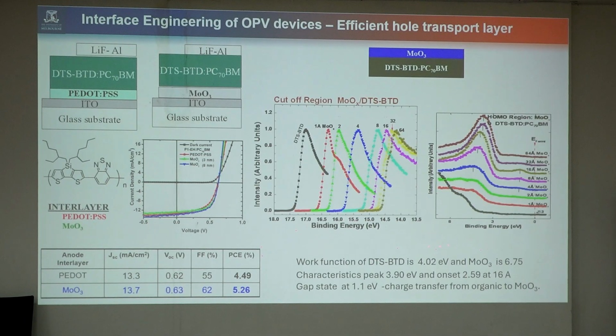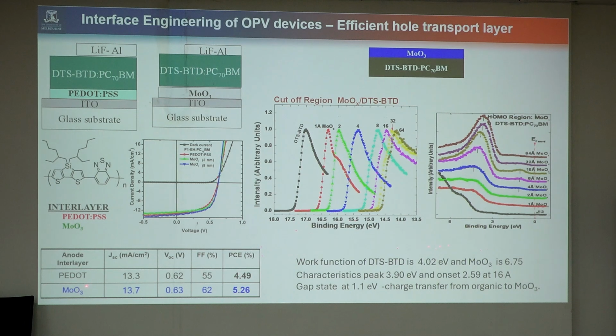Okay, this is another point. I'm just saying that when you use this type of metal oxide, what really happens? So PEDOT we know is the simple thing we do. When you use moly oxide, we have done this type of work. This is very old work from 2010, which I did at the University of Florida actually. When we make this type of silole polymer material, we got an efficiency of